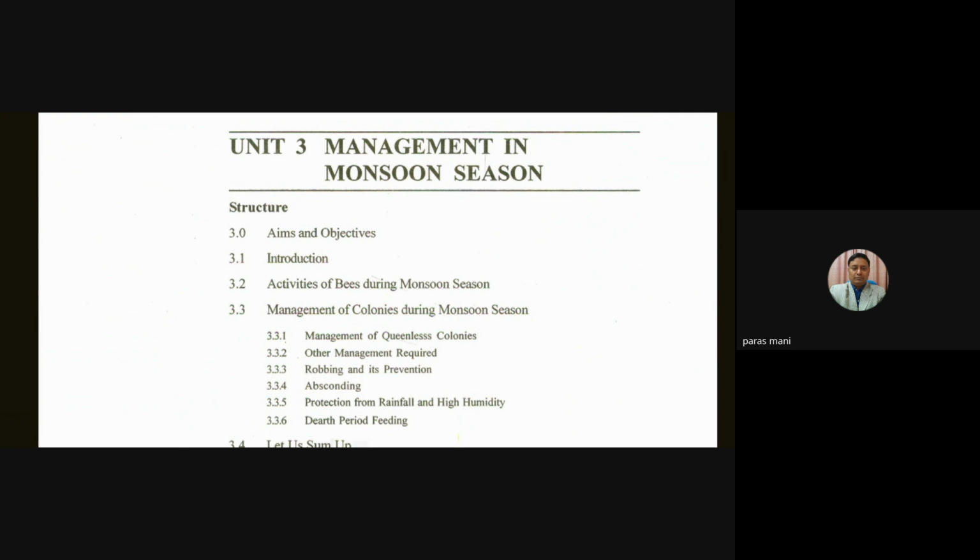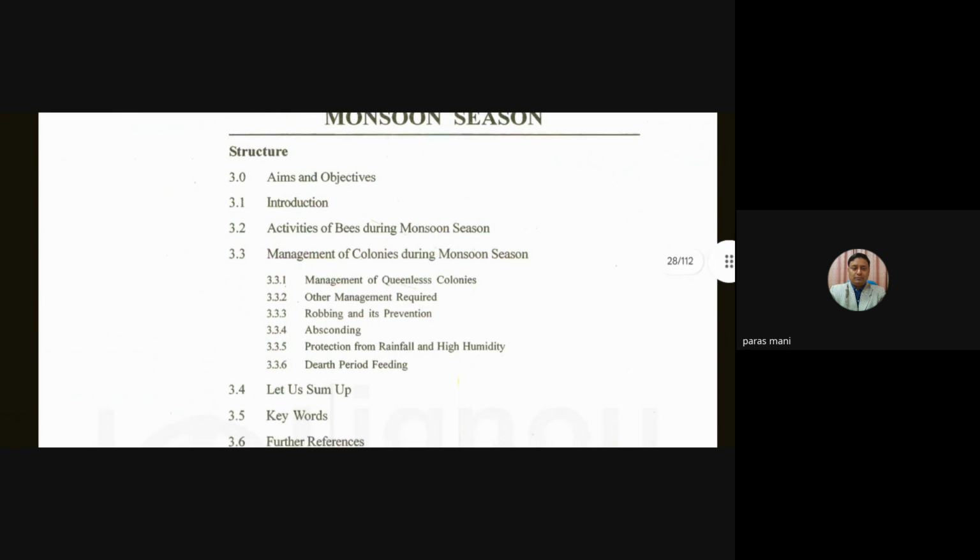usually shortage of food source, that is foraging flowers with rich nectar is not available usually in the early monsoon. During that, we have to take care of the food, and as there will be low food storage during that time, the chances of robbing will also take place. We have to take precautions to prevent robbing, and